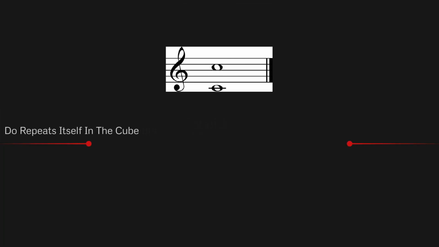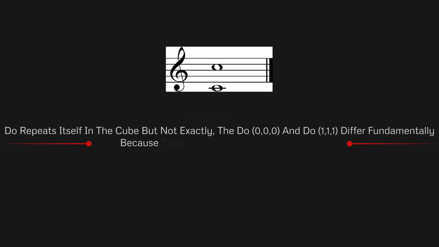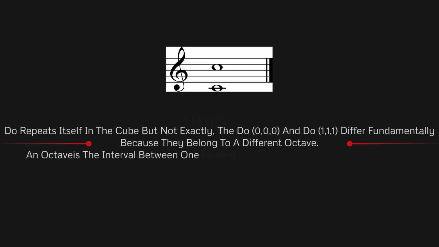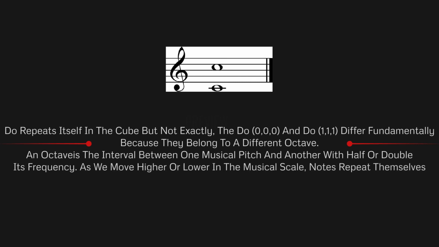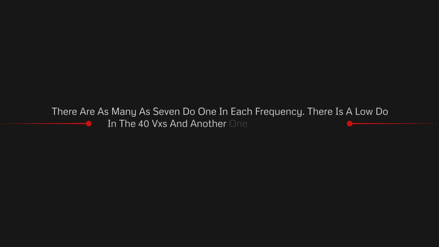The octaves cube. Do repeats itself in the cube, but not exactly. The Do 000 and the Do 111 differ fundamentally because they belong to a different octave. An octave is the interval between one musical pitch and another with half or double its frequency. As we move higher or lower in the musical scale, notes repeat themselves. There are as many as 7 Do in one each frequency. There is a low Do in the 40 VXS and another one in the 80 VXS, 160, 320, 640, 1280,